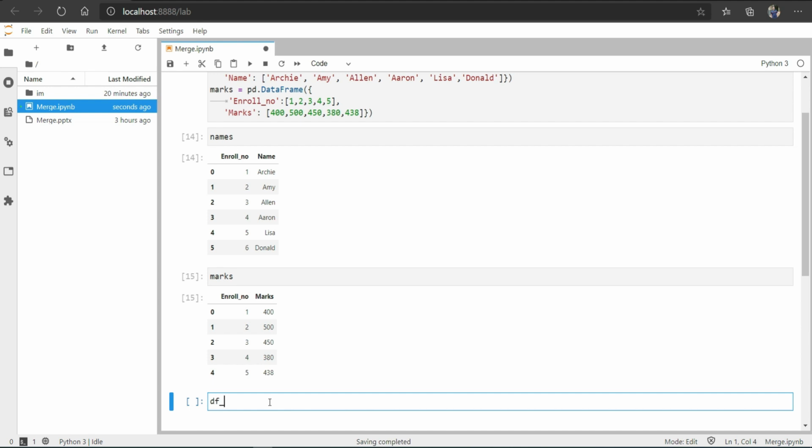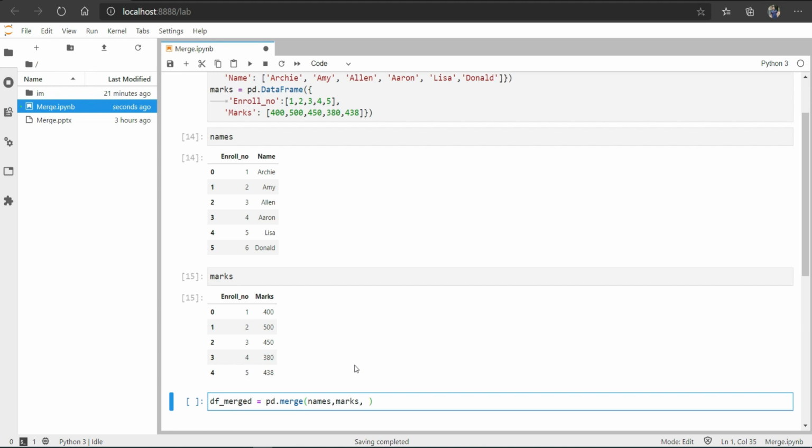So let me write df underscore merged, and now we will do pd dot merge, and we will type the names of our data frames. First we have names, comma, and then marks.